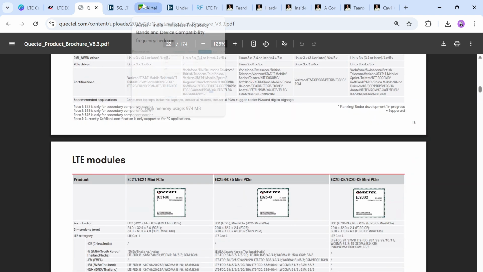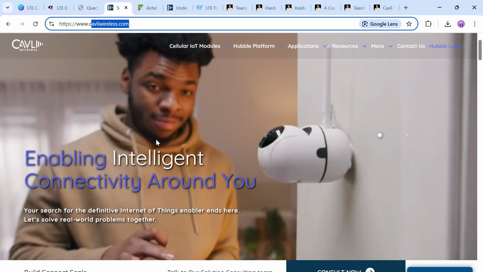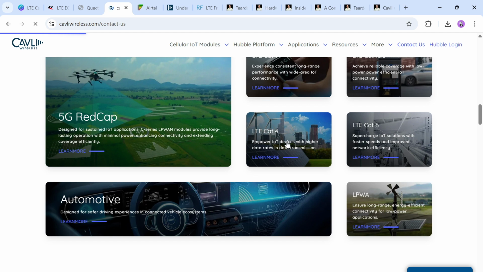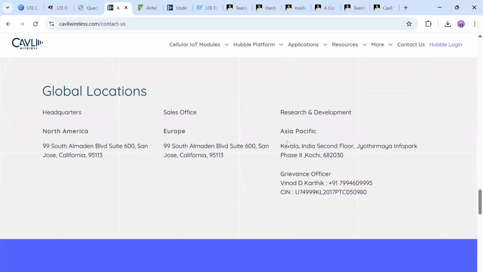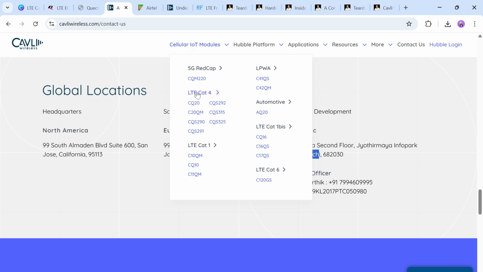Now there is a very good company. The reason I like this company, Cavli Wireless, is because this is an Indian company, and they have the R&D done in India. If you see, the research and development is in Asia Pacific, in Kochi, India. They have the global sales support and everything, and they have a lot of series. So they have the Cat-4 series, Cat-1 series. Maybe in upcoming videos, we'll go with the C10QM, or we can go with the CQ16, or